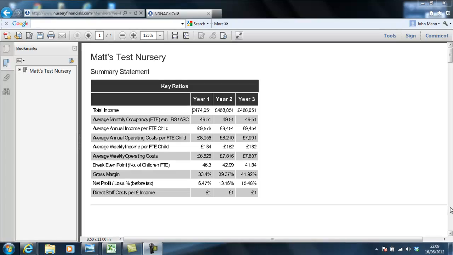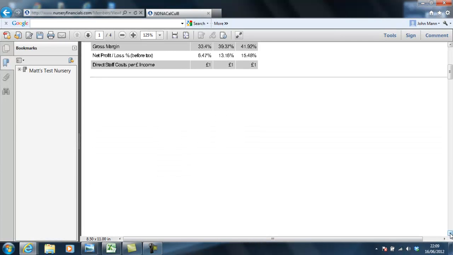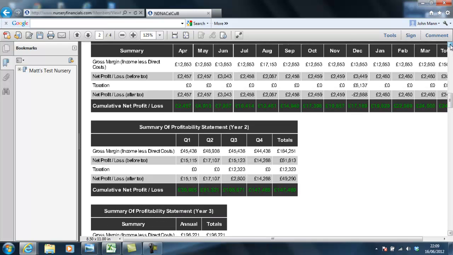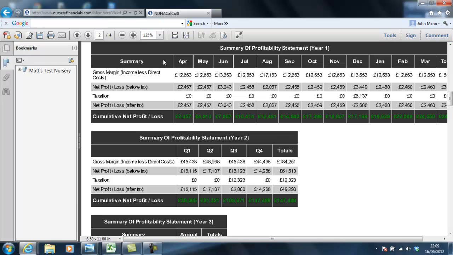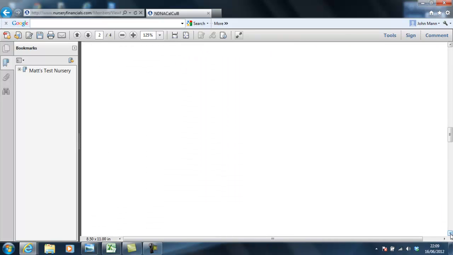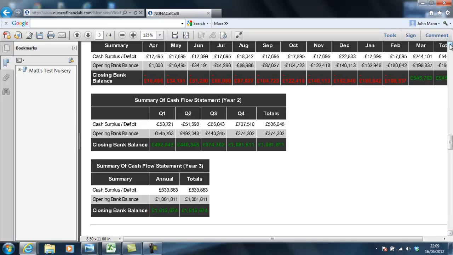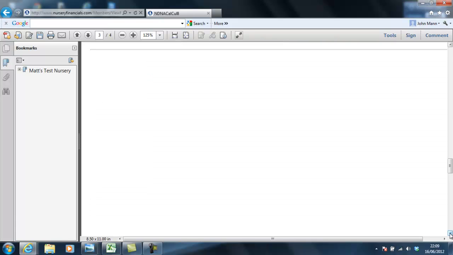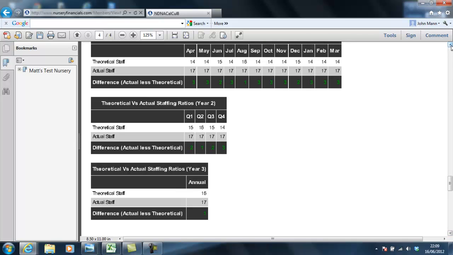Okay, if we just page down now, you will see that we actually come to the summary of the profitability statement. Again, self-explanatory, and as you can see, this has been input for a full 3-year period. The next summary that we come to is that of the cash flow. Again, self-explanatory. I would ask that you don't place too much attention to the numbers. These are merely sample data that we've put in, and here we come to